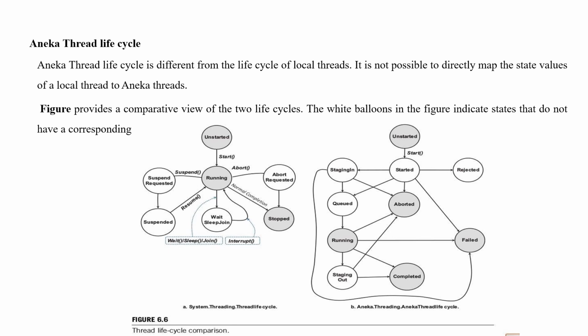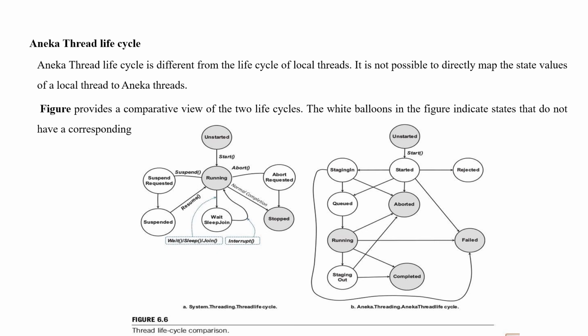Once the thread is in the queue, if there is a free node where to execute it, the middleware moves all the object data and dependencies, or dependent files, to the remote node and starts its execution, thus changing the state into running. If the thread generates an exception or does not produce the expected output files, the execution is considered to be failed. The final state of the thread is called the failed state. If the execution is successful, then the final state is said to be completed.